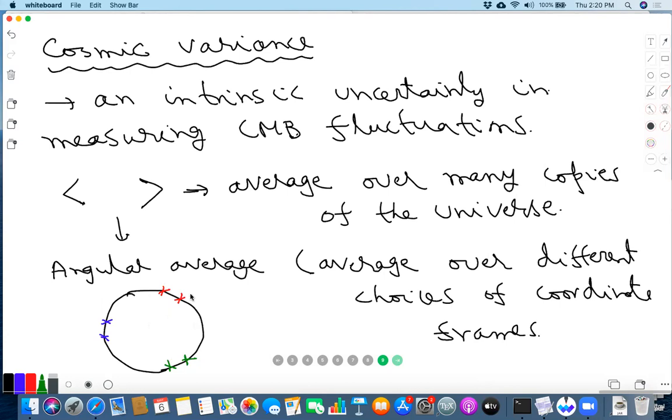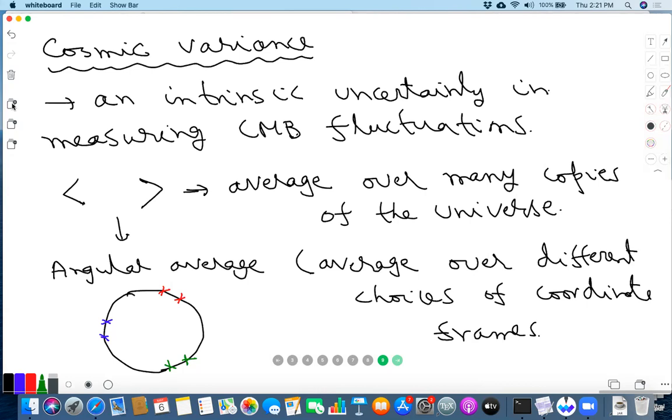And this is, in spirit, although of course it's not the same, like what we do for thermal systems, right? In a thermal system, what you calculate is the ensemble average. But when you actually take a system and calculate its properties, we do the averaging by simply looking at different parts of the system. Okay, and that is as good as doing an ensemble average. So in spirit, this is something like that, right? Instead of having an ensemble with many universes, we have only one universe. So we just do angular averaging. Okay? Do this for different parts of the universe.